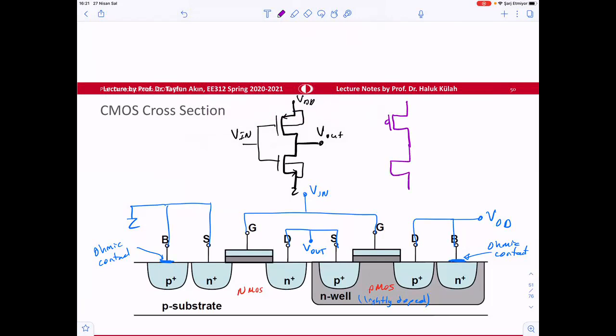This is what VLSI designers prefer for this device, VDD, and then ground here. Okay, so no need to show the arrow. This is drain and source. This one is drain and source. This is gate and gate. So this is how we prefer, because we consider this as a switch device. And the idea is to make a switch here,